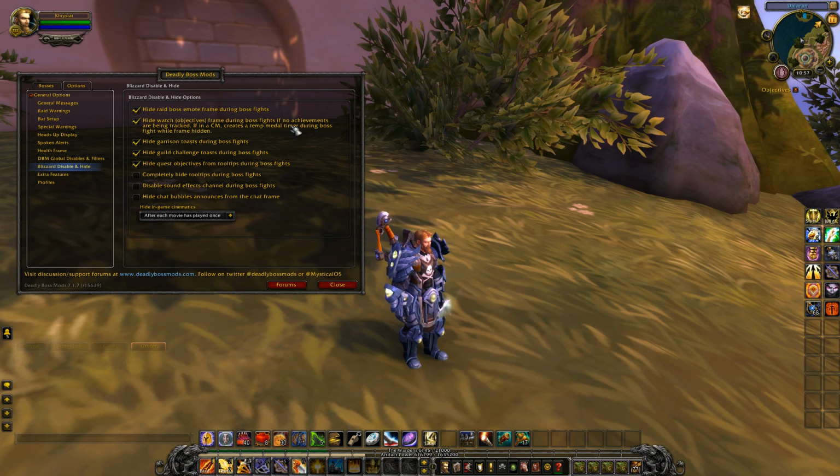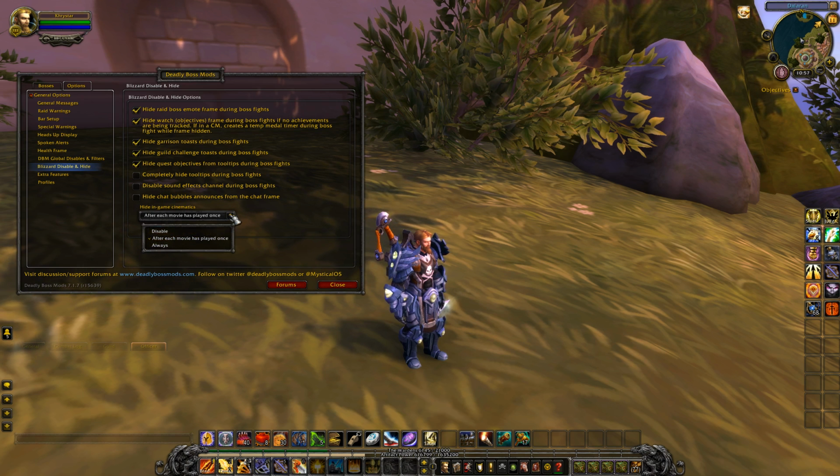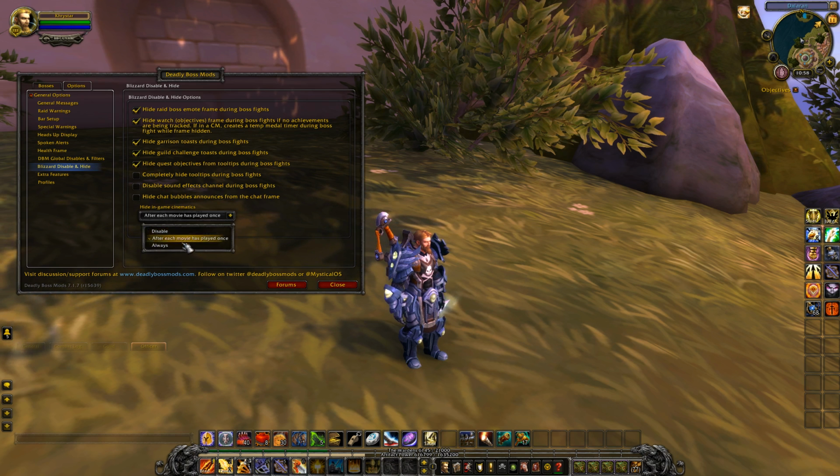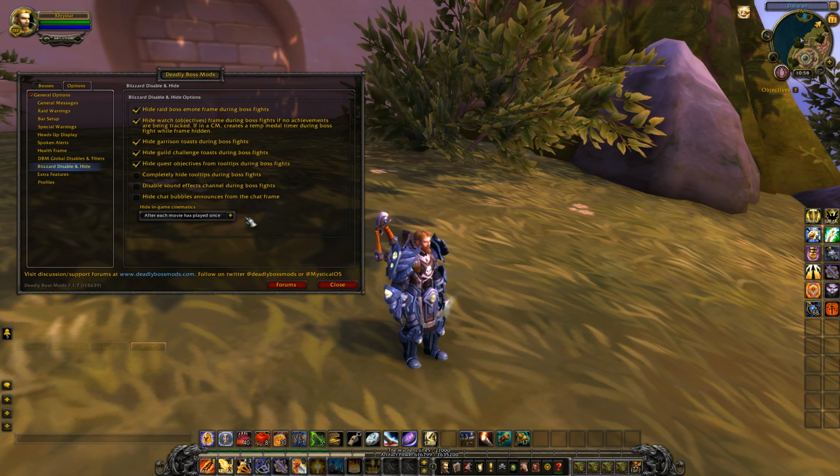I think it skips cinematics. Yeah, hide in-game cinematics after each movie is played once, always, or disable. So if you don't want to see any cinematic ever, you can click on always. Or if you want to see every cinematic in the game just once and then never have to skip it again, then after each movie is played once, and that's how it comes in the default state.